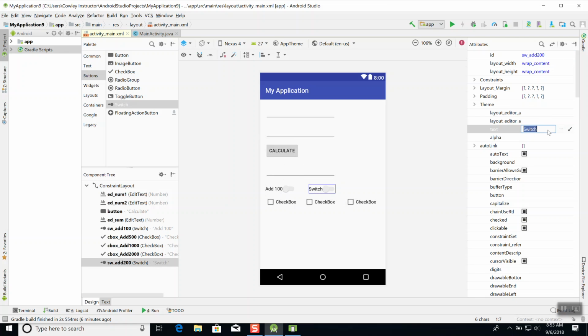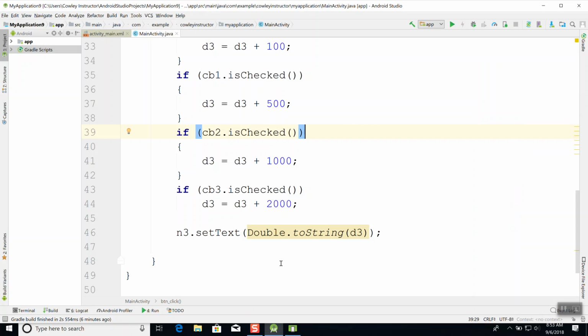And I'll change the text of it to add 200. If I click this, I want it to shut off the other switch. So if I come over to my main activity,